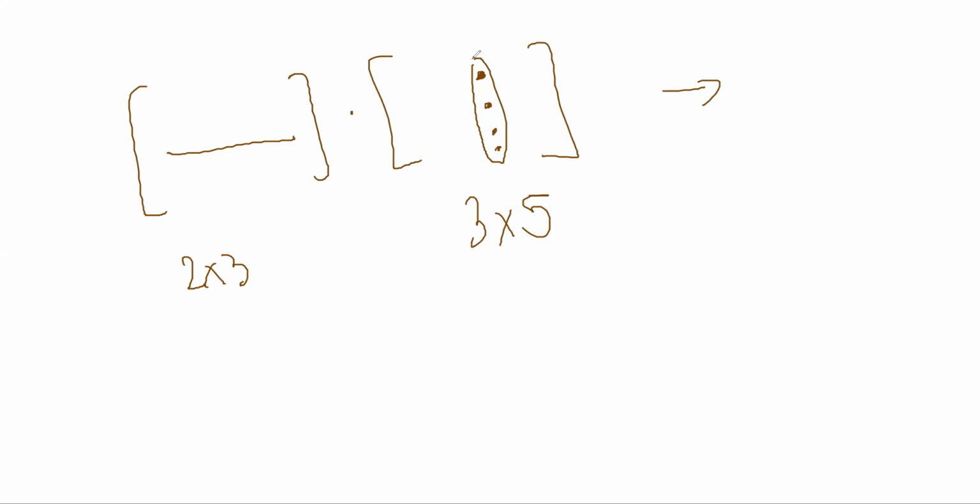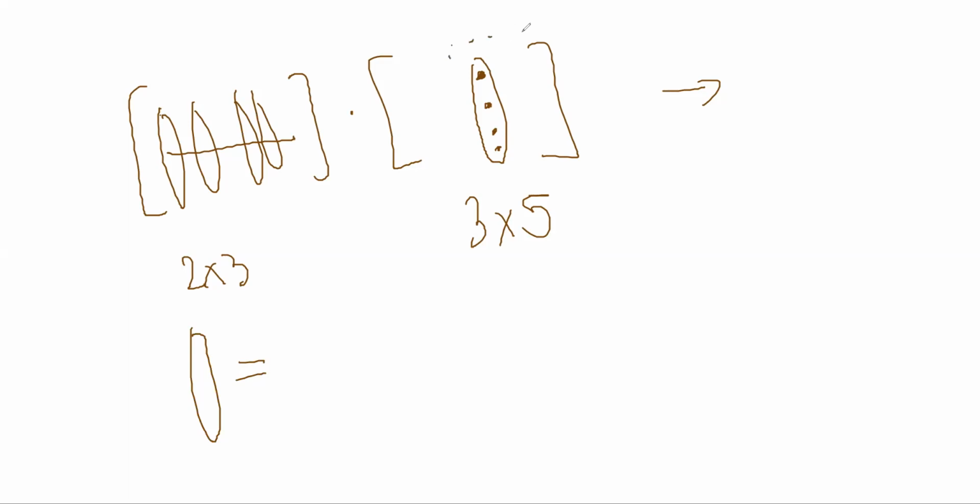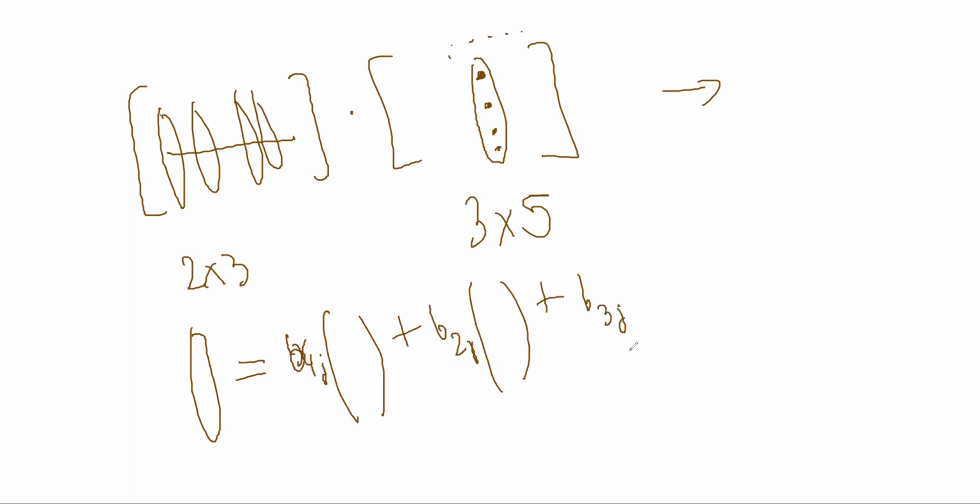But in this method, you can just immediately say that if you are looking at columns, I will use columns of A. I can immediately write the column vector of the final answer: look at the appropriate column of B, that will be the scalars. So basically B1j into all columns of A plus B2j into all columns of A. You understand? And these are all individual vectors, so multiply them by scalars and just keep adding. This is very fast.